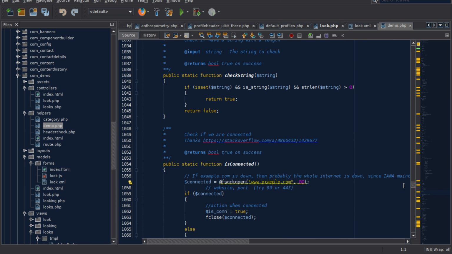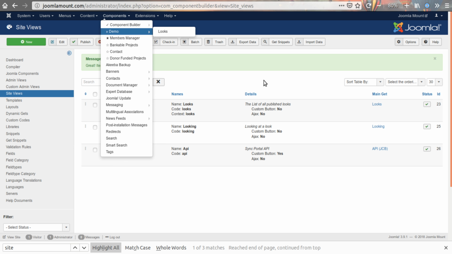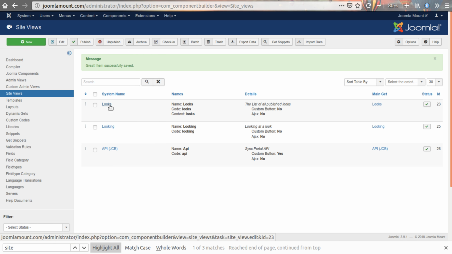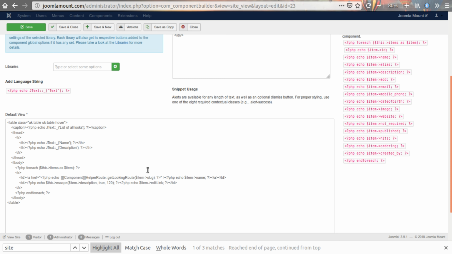Now I could demonstrate this on the front for you for just quick demonstration. So very quickly, I have a little look value. I added one here from the front end. Now we want to actually be able to create a new one from the front. So we're going to have to make a little change here to the looks view. We'll have to add a link here to create, or a button that says create, and we'll have to do that with